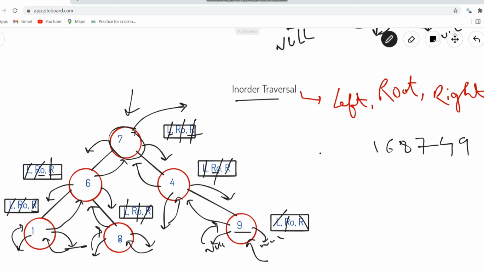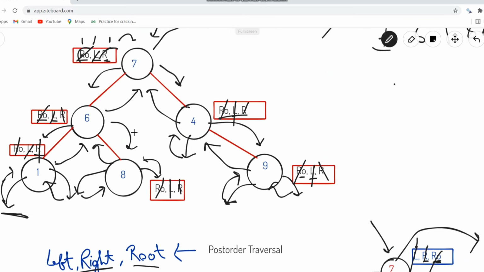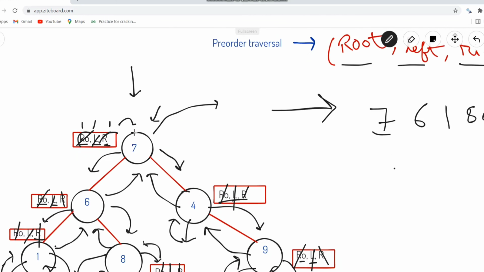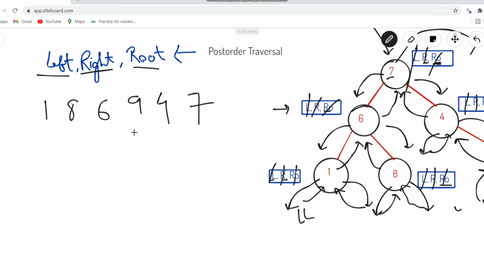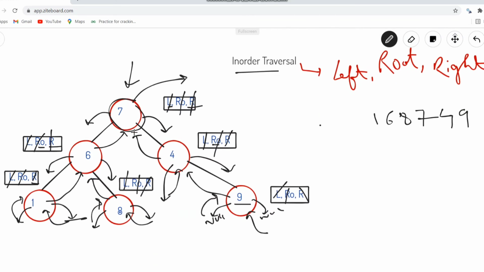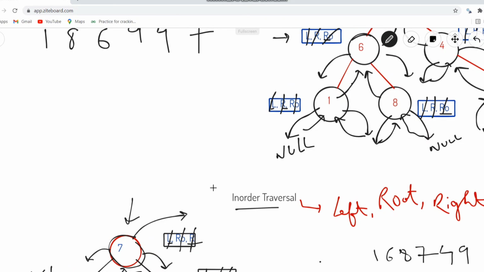The main thing is, we need to remember the sequence of traversing each and every node. Like in case of pre-order traversal, first we need to print the node's value, then we need to move to left, then we need to move to right. In case of post-order traversal, first we need to move in left direction, then we need to move in right direction, and then we need to print root's value or node's value. And in case of in-order traversal, the sequence is left direction, printing node's value, and right direction. So at each node we need to perform these three operations in sequential manner. Okay, so this is all about DFS traversal technique.